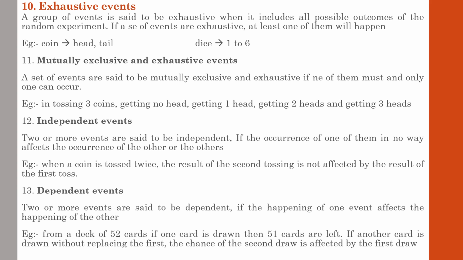Now I am drawing again. Then what is the probability of drawing the second card? It will be written as that particular card. Let it be again 1. I am drawing only 1, so 1 divided by the total number of cards. What is the total number now? It is only 51. In the first case it was 1 by 52. Now it will be 1 by 51.